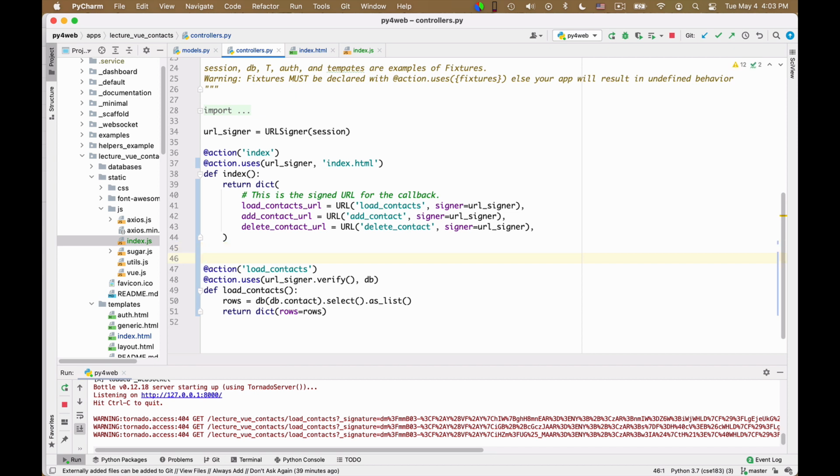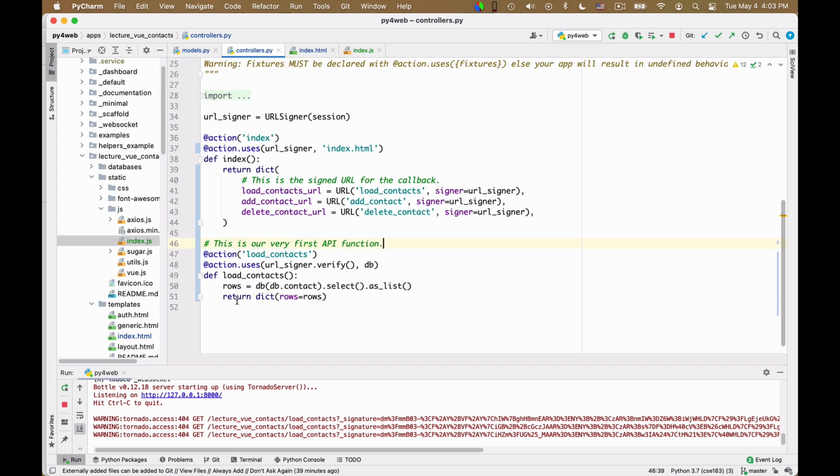Let me put a comment here. This is our very first API function. So this is a function that is not supposed to be used by serving a page in itself, but it is used to answer a request from the JavaScript running in the browser. I always like to return a dictionary because it makes the data easier to access.